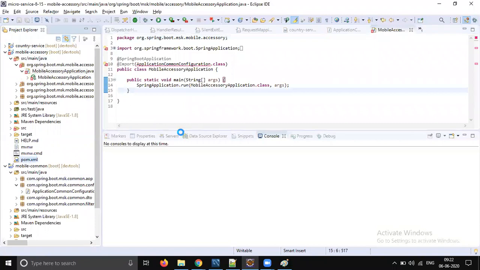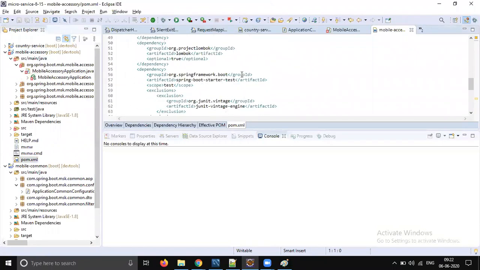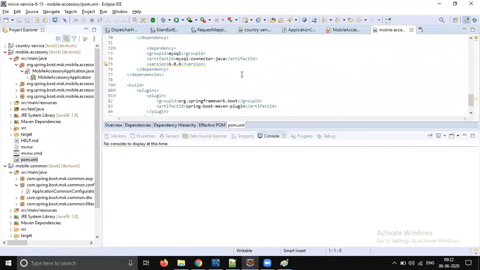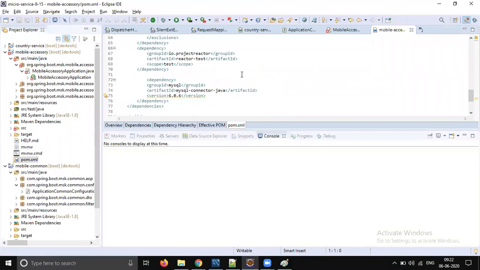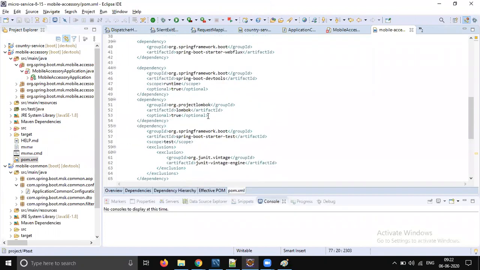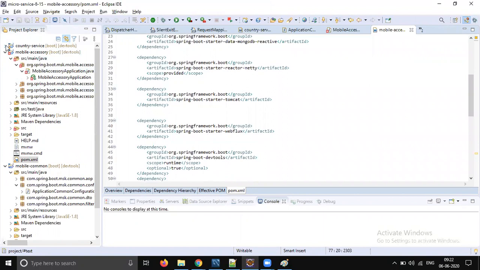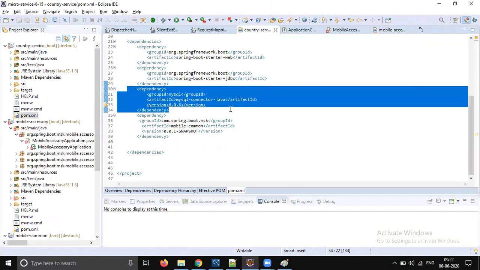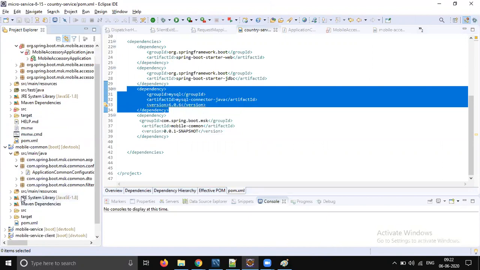Why, in the pom.xml file we added common, right? Where did we add it then? We copy pasted, right? Common is not there. Let's do copy paste one more time.